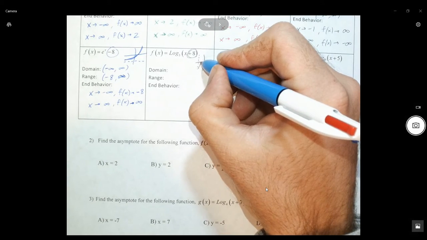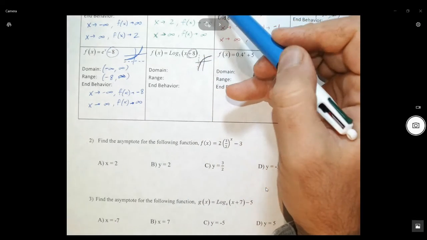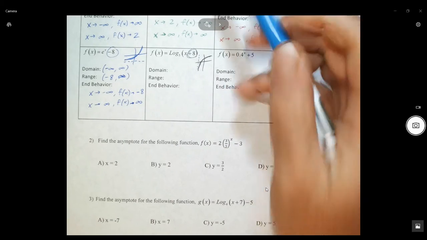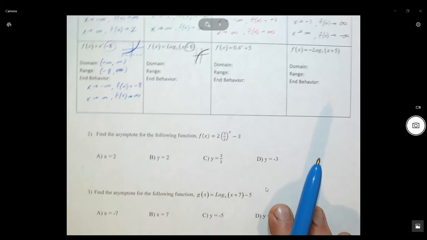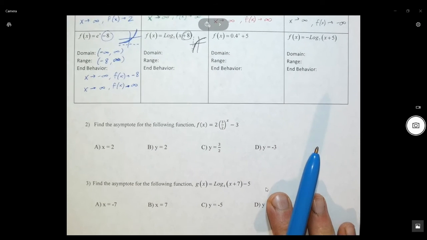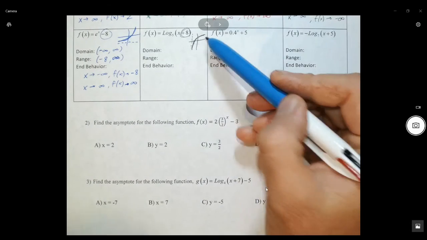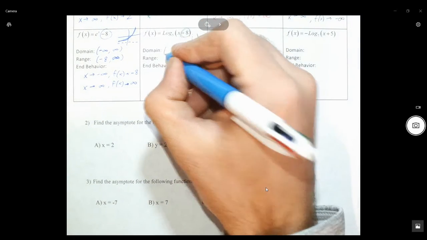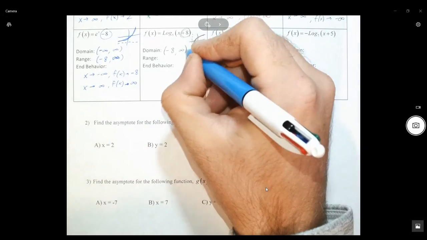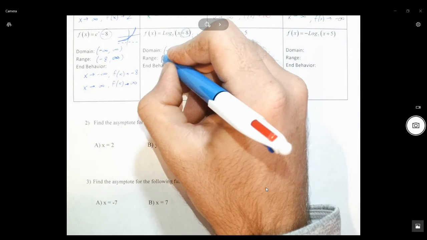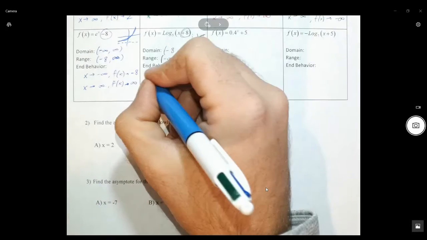So for this one, you're going to have something that looks like this, kind of like you had up above, and the one right above it. Alright, it's going to look something similar to that. Doesn't have to be perfect. You just have to know where that wall is and whether it's kind of increasing or decreasing. This would be called increasing. Alright, domain. You have a wall at -8 on the left, but there's nothing on the right. Okay, range is going to be, you can go down forever or up forever. Negative to positive infinity. For your end behavior here,